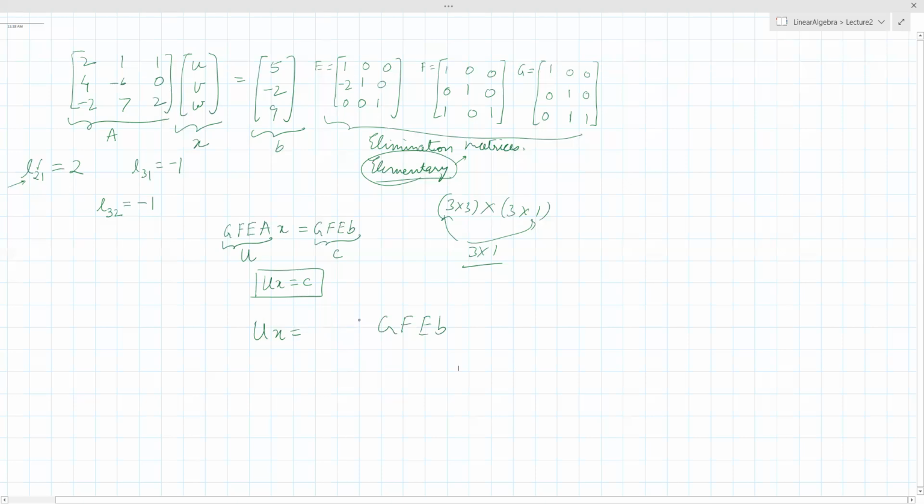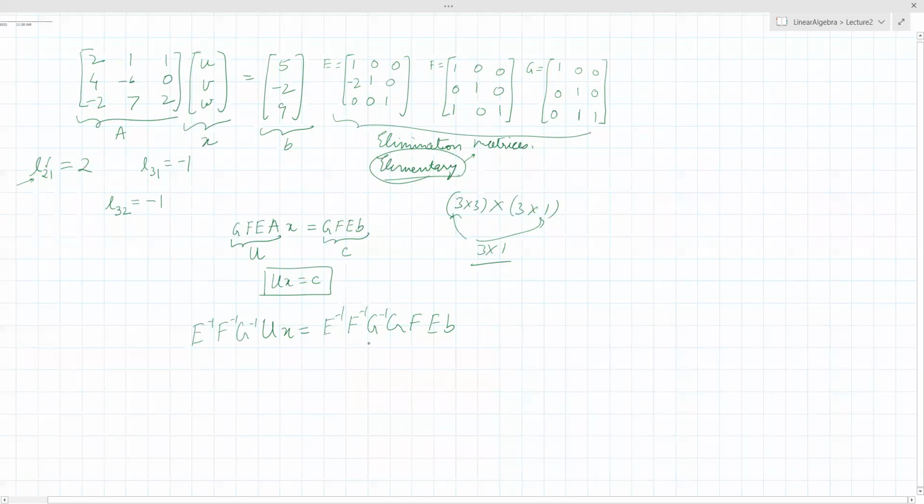Now, if I multiply by G inverse here and here, should it make any difference? No, sir. If I multiply by F inverse now, will it make any difference? No, sir. If I multiply by E inverse, will it make any difference? It will not. Okay. But after I do all these operations, what happens to the right hand side? What does this become? Identity matrix. When you multiply anything by identity, that is gone.